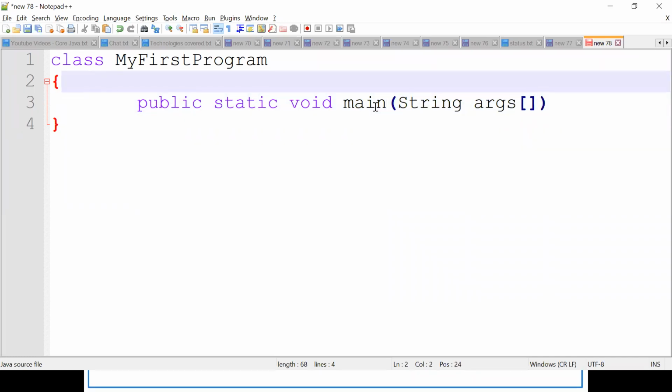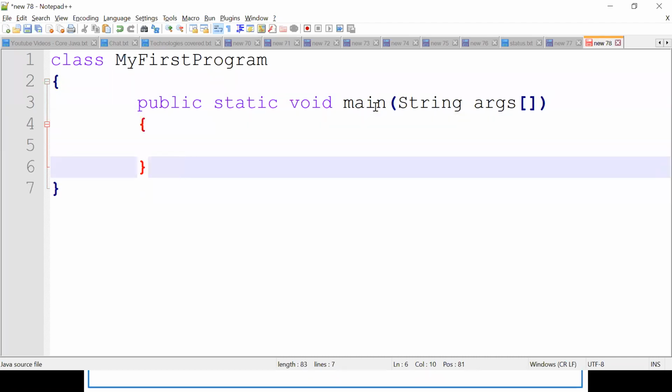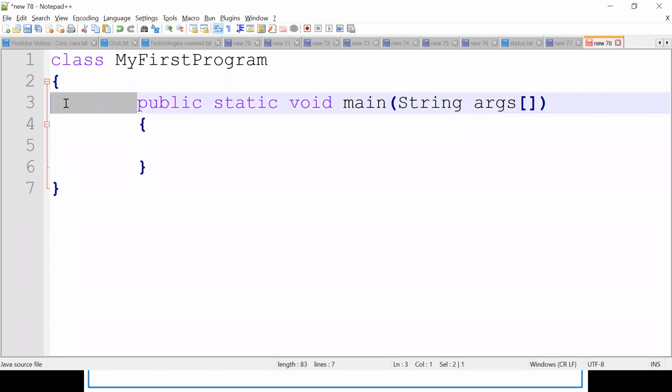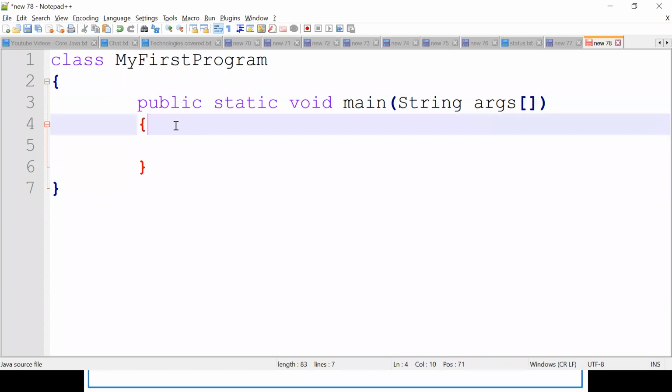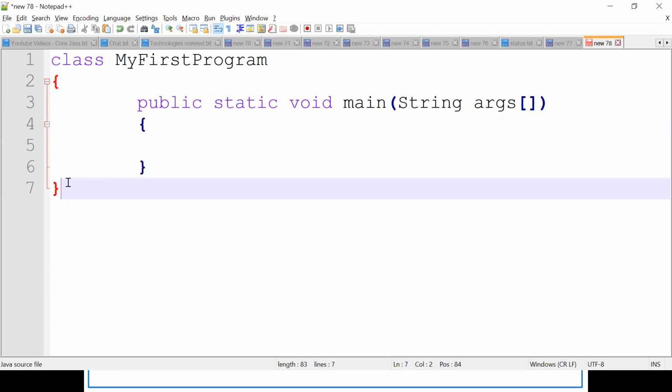And one more thing, if you observe, I'm giving the indent, right? After the open brace, you need to give one tab. This is a good way of developing a Java application, so that you will come to know how many open braces and how many closing braces there are.